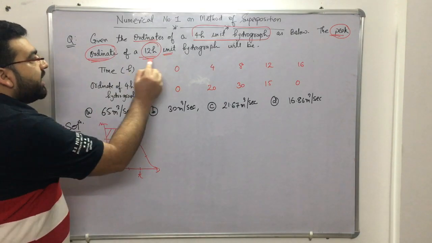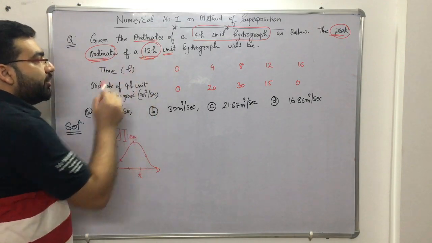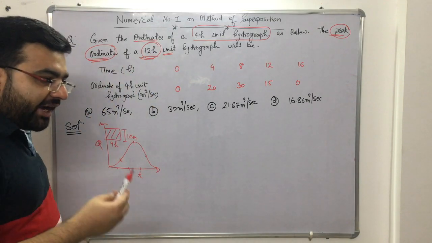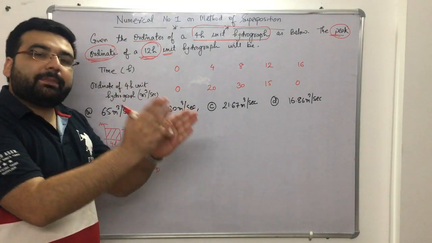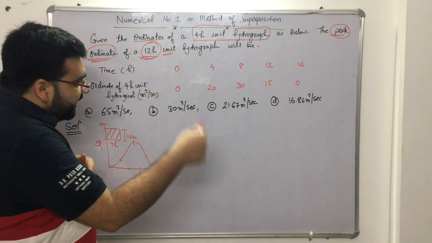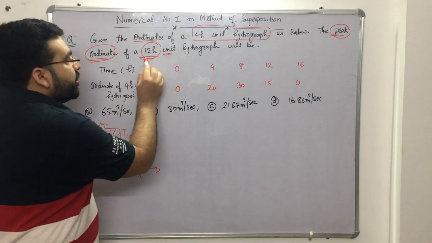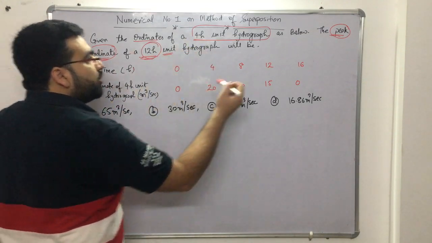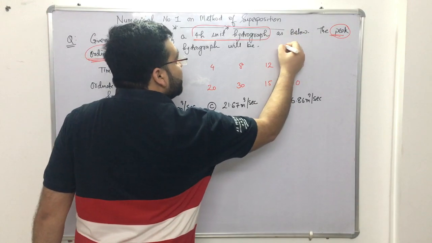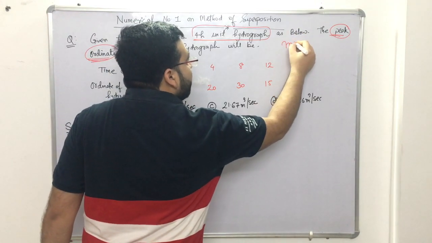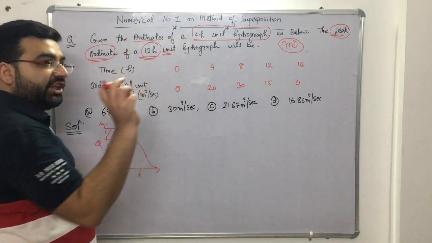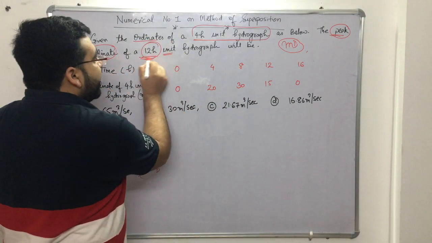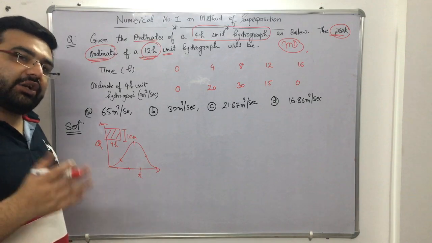Now we need to calculate first of all the 12-hour unit hydrograph. So how to get a 12-hour unit hydrograph? 4 plus 4 plus 4, method of superposition. Or in other words, you can say that 12 is a multiple of 4, because I told you in the method of superposition we can get a unit hydrograph of M times D duration, where M is an integer. So 4 into 3, 3 is an integer, 4 into 3 is 12. Hence we can use the method of superposition.